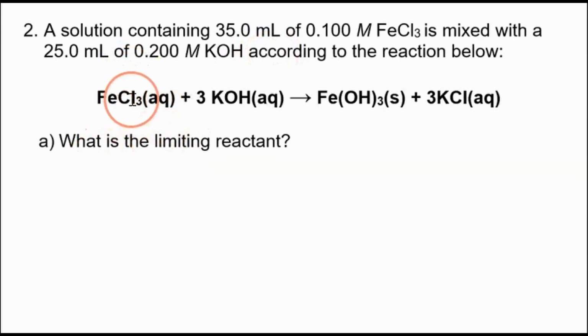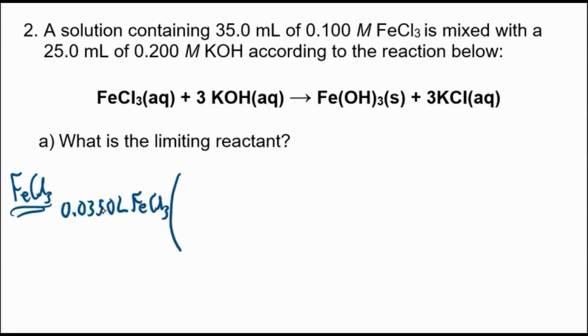What I see is we start with one reactant, say the iron 3 chloride, and we figure out how much of the KOH we need to react with all of this FeCl3. So we'll start off with our FeCl3, and there's 35 mils. I'm just going to convert that to liters. Let me know if you're not sure how I did that, and I can put it in the comments or make a video on that. But we have 0.0350 liters of FeCl3, and we want moles